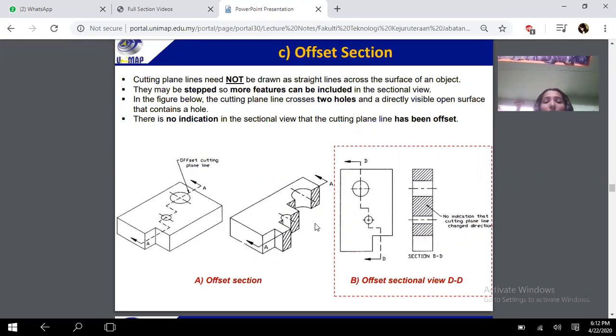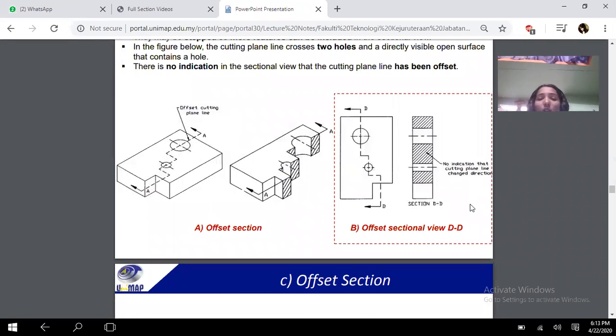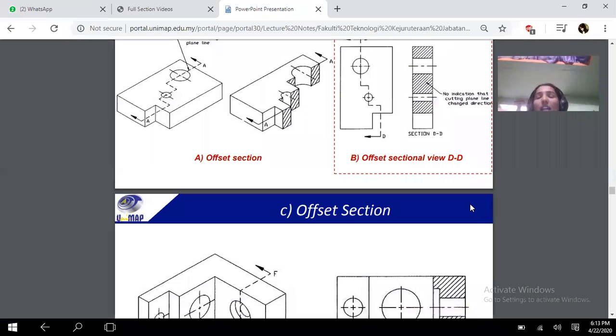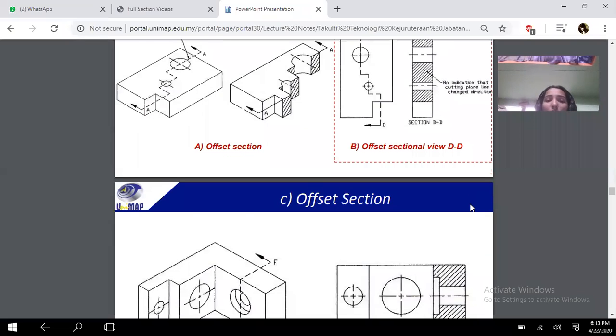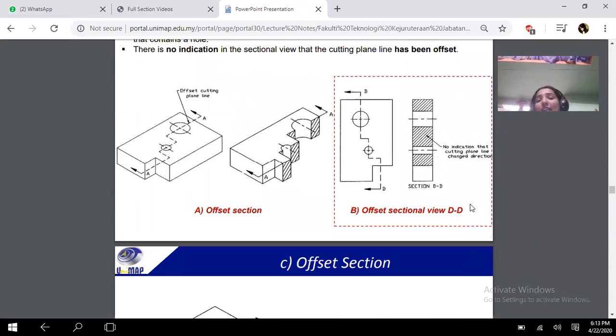Okay, girls. Here you can see one box-like structure with two circles in it, and we are cutting at those circles, and we are saying that this is a sectional cut. You can see the top view and the front view, right? The indication is that the cutting plane changes direction. This is how they indicate that it is cutting through the part. Okay, so this is the offset section. Whatever cutting part is there will be removed and the remaining part will be drawn.